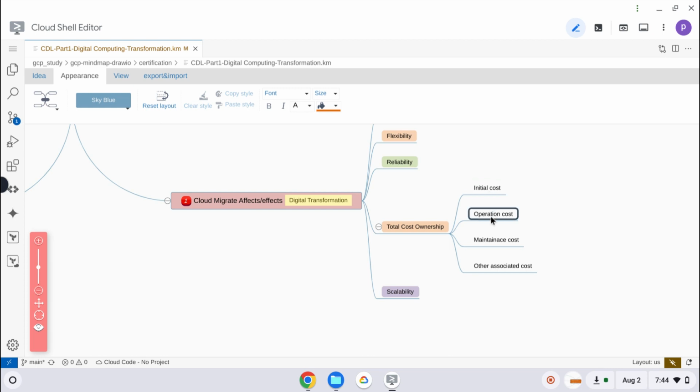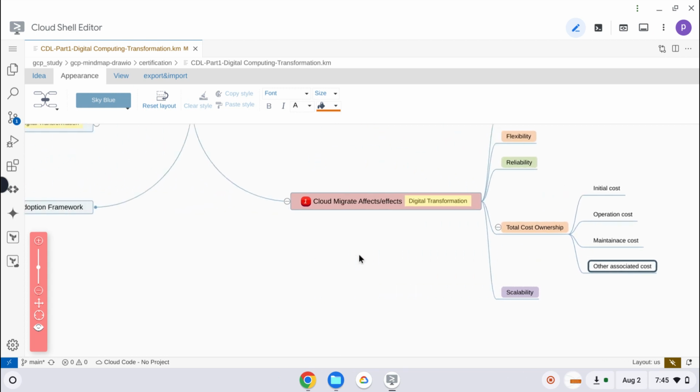Operational cost, yes, a couple of resources and power usage, cooling systems, everything comes under operational cost. Then maintenance cost, yes, manpower. Then associated costs, there are a couple of other costs, taxes and so on. These are the four different costs involved in total cost of ownership.